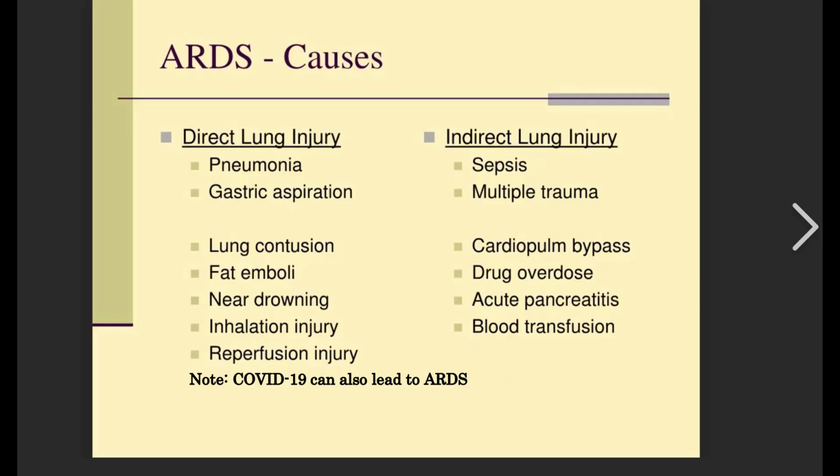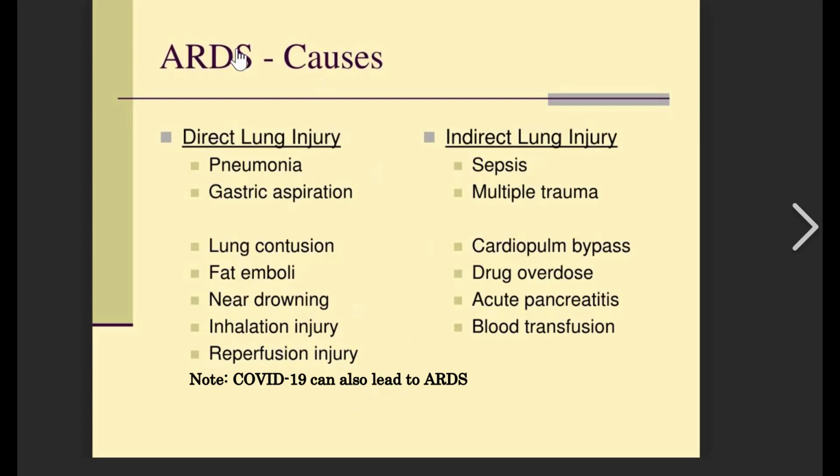Now let's see the causes. What causes ARDS? ARDS is caused by either direct injury to the lung or indirect injury to the lung. What are the direct lung injuries? Pneumonia, that is infection of the lung alveoli, and gastric aspiration. When gastric content is aspirated into the lungs, it is highly acidic in nature and can damage the lung. Lung contusion, fat emboli, drowning, inhalation or reperfusion injury. All these lung injuries can lead